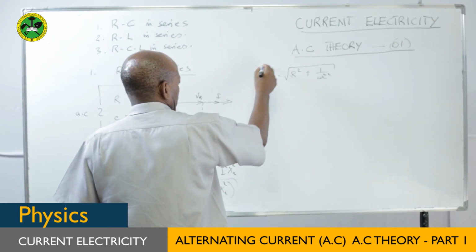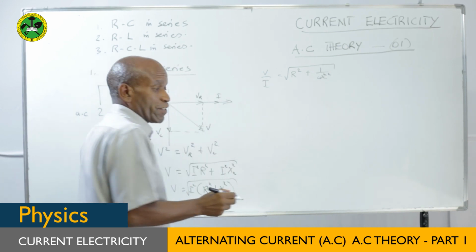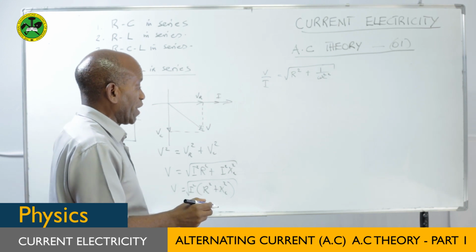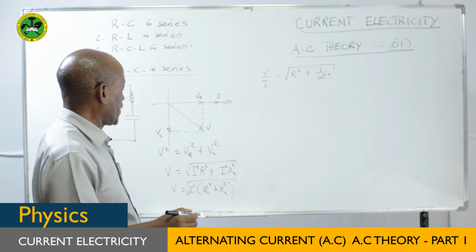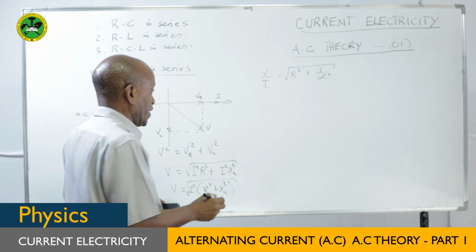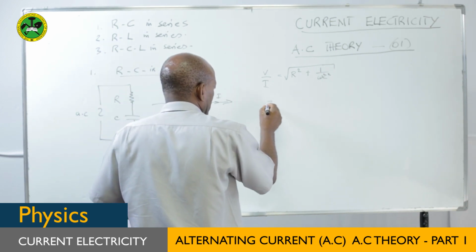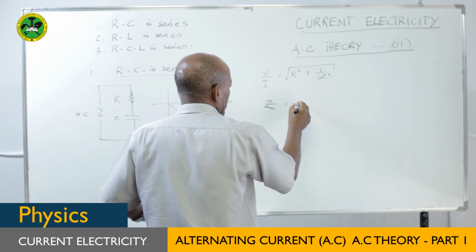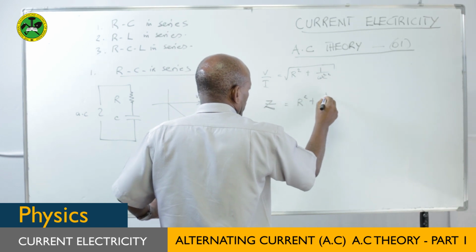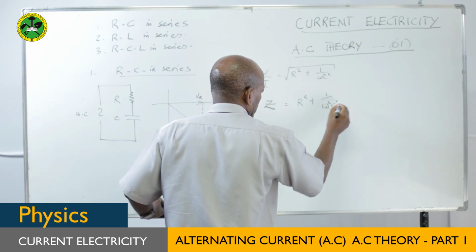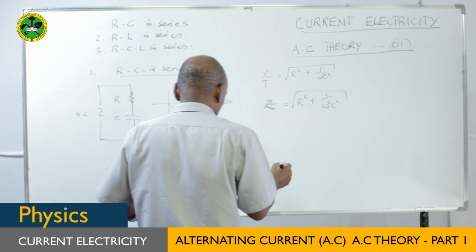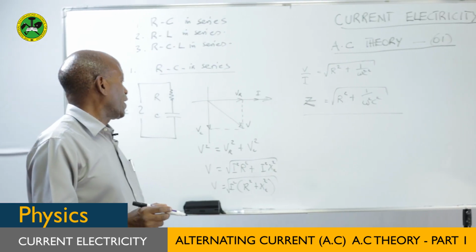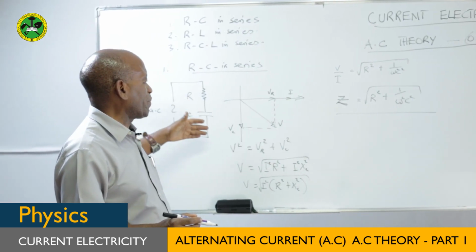We're having that. And if you look at this V over I, now this V over I is just like a resistance. Now we are not calling this a resistance because it's a mixture with some reactance, and we are calling this an impedance. So we abbreviate this by calling it Z, and this will just be equal to the square root of R squared plus 1 over omega squared C squared. So this is the impedance, an oppositional force to a circuit containing a resistor and a capacitor whenever they are